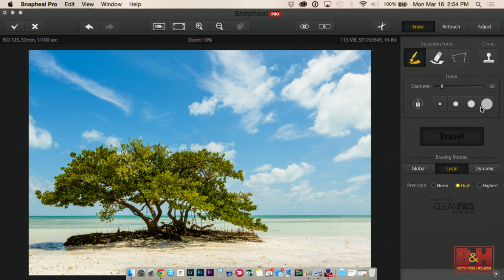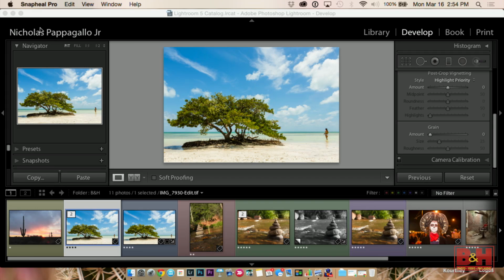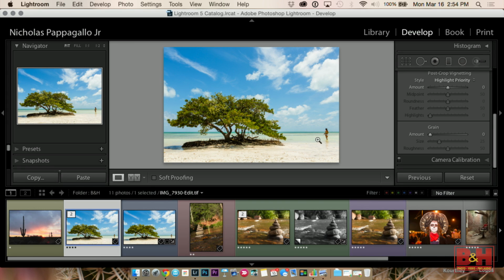So this is one of the times I would jump out into MacFun to actually do something like that. And there's a bunch of other things, but you know, she's in the way. There were actually people in here too, which I did erase inside Lightroom, but